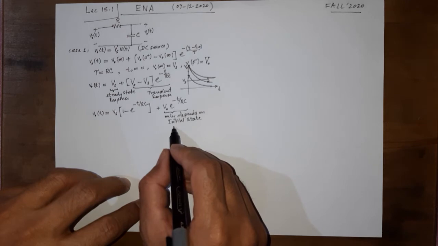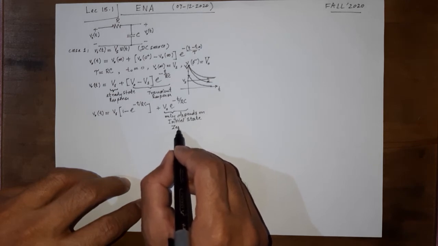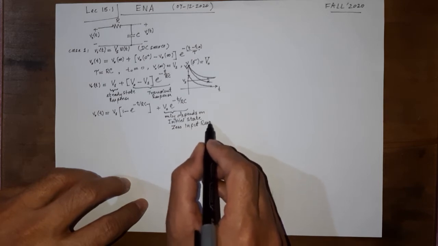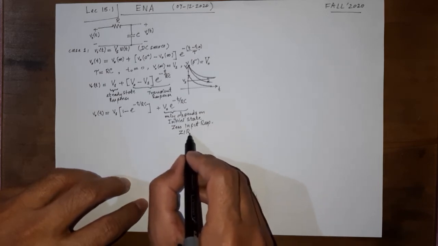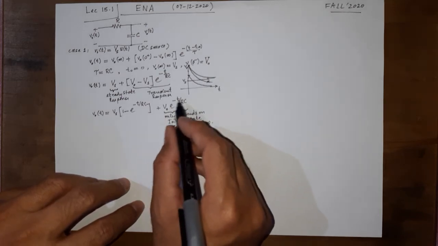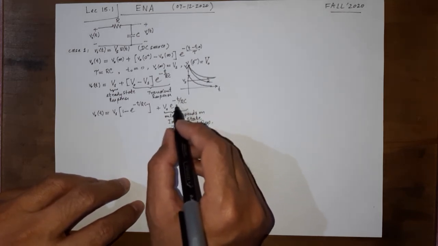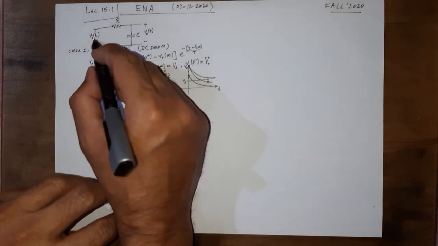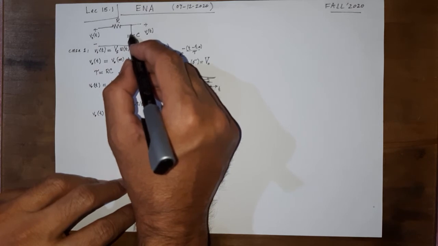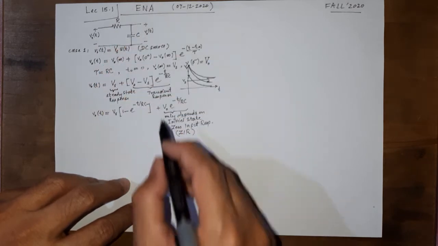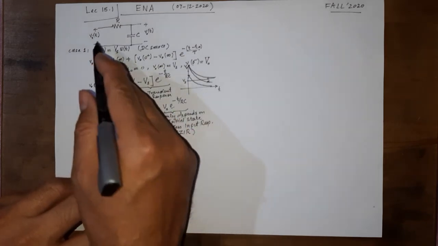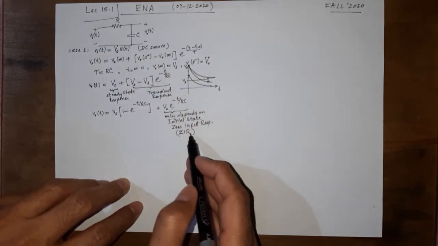or the initial state of the circuit. So this part is known as the zero input response, known as ZIR in literature. Zero input response means this would be the only output if there was no source applied. This was just a short circuit and we had an initial voltage here. So what will be the output voltage would be this thing. It does not depend on the input voltage Vs. There is no Vs here.